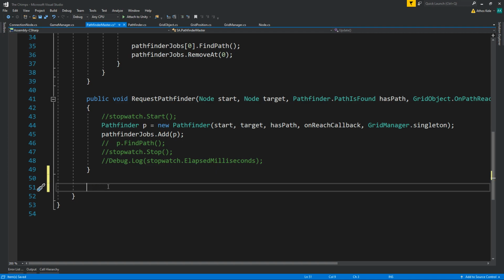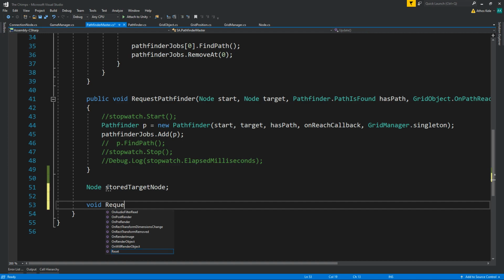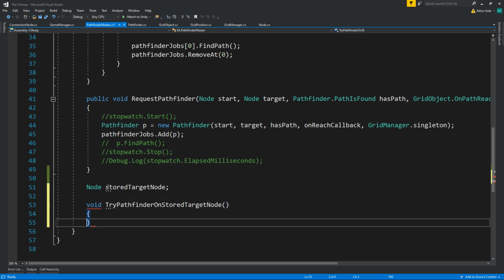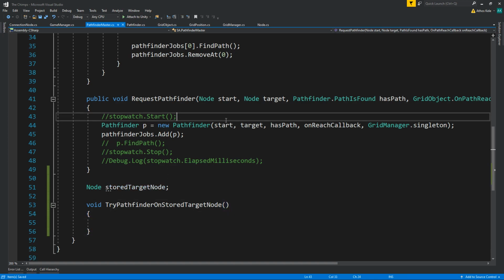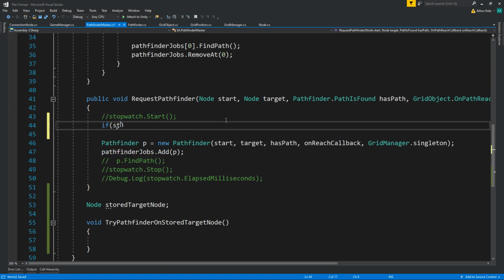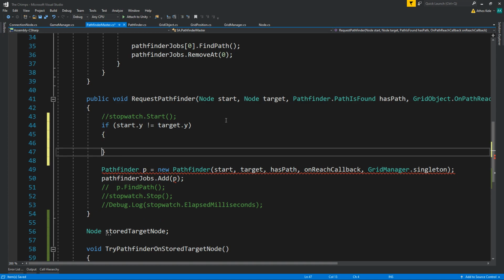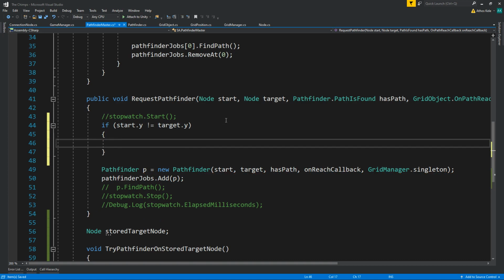Yeah, actually we're going to store the node, stored target node over here, yeah, and we're going to say request or try Pathfind on store target node. Okay, so we're going to do this again. We're going to write this in a bit, which means if start.y is not the same as the target.y, then we need to find the connection nodes, which means then the target is actually going to be grid